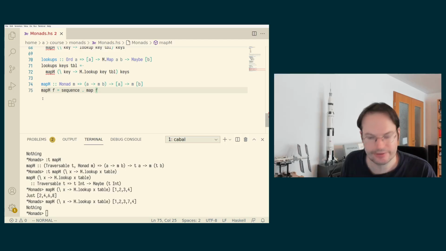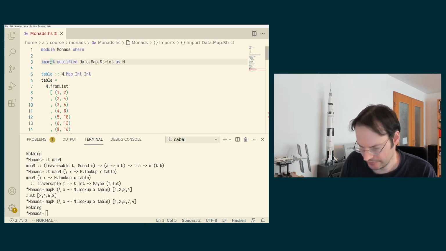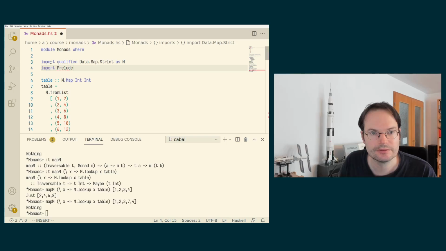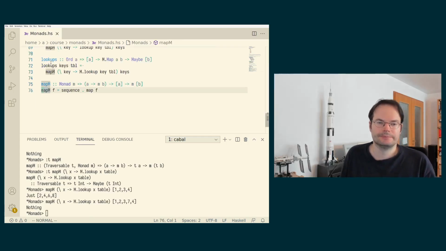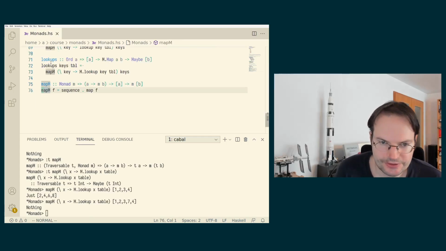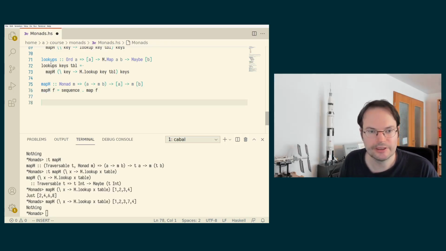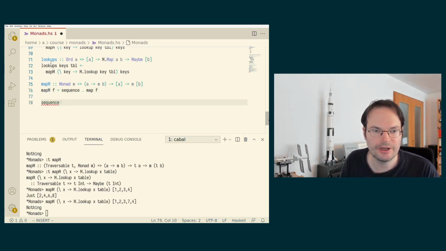Ambiguous. Yeah, okay, so we have to hide this from the prelude. So this is the definition that we had before, and if we go further and we also hide sequence,